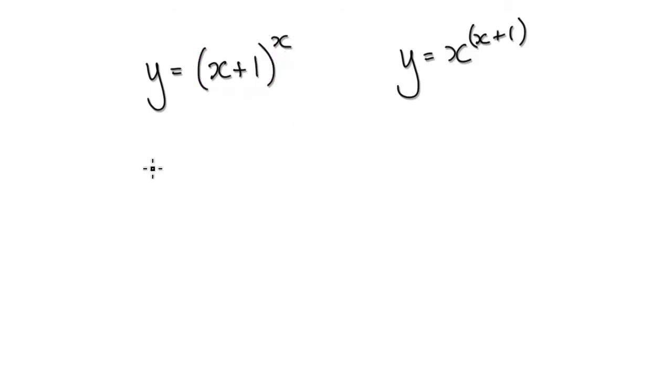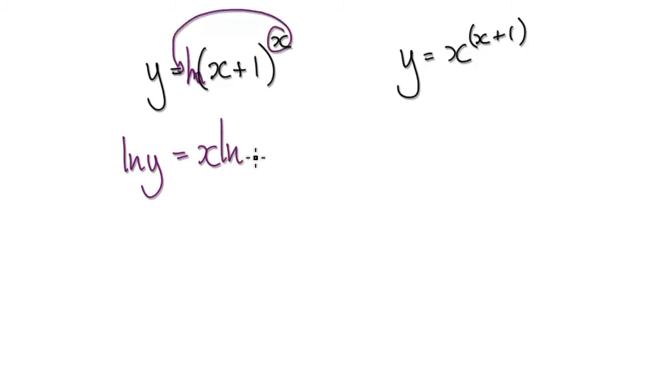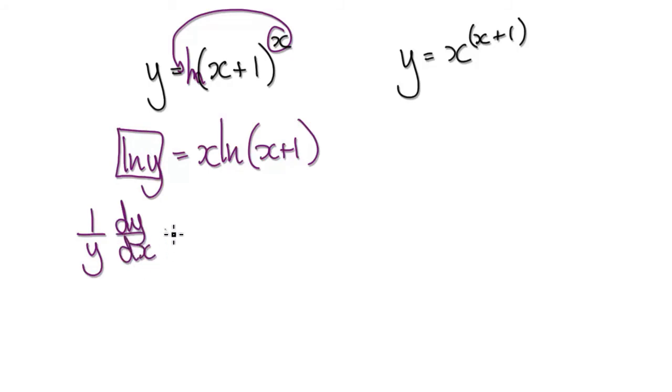So log both sides. So natural log of y equals x. Remember, when you log this thing, the x is able to come down. So x natural log of (x plus 1). And then now differentiate. So when you differentiate this, it would be 1 over y dy by dx equals, well,